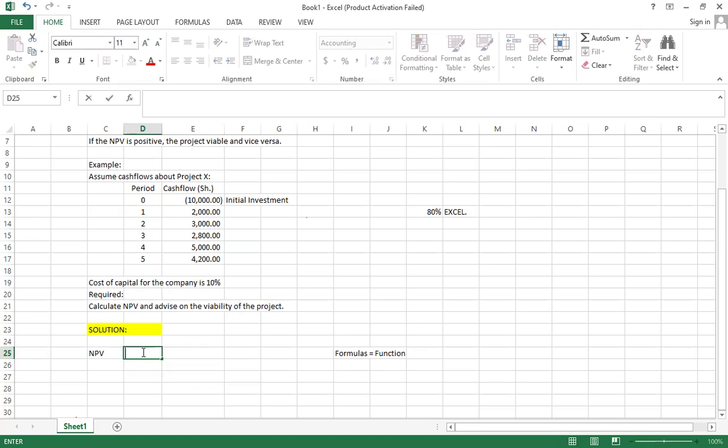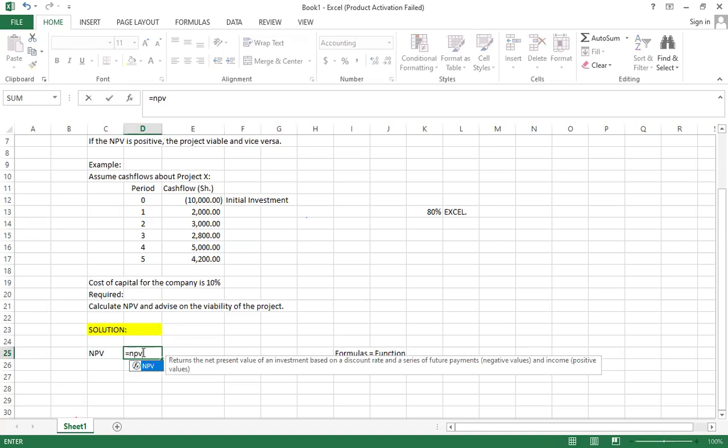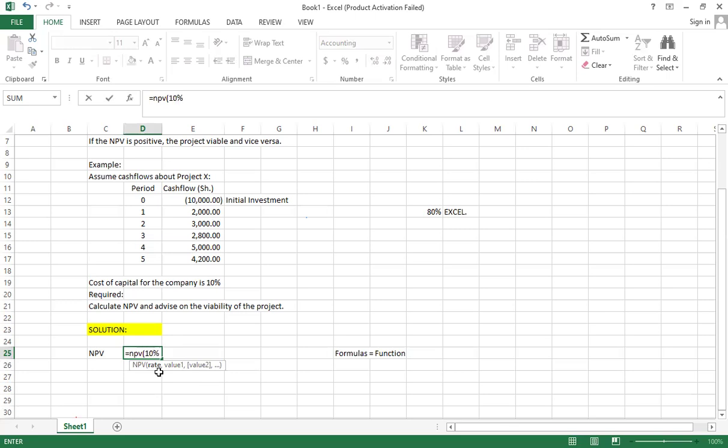So you start with an equal sign, then type NPV, and then the open bracket. As soon as you open the bracket, you'll be told what the formula should be: start with the rate. The discount rate is the cost of capital, 10%,